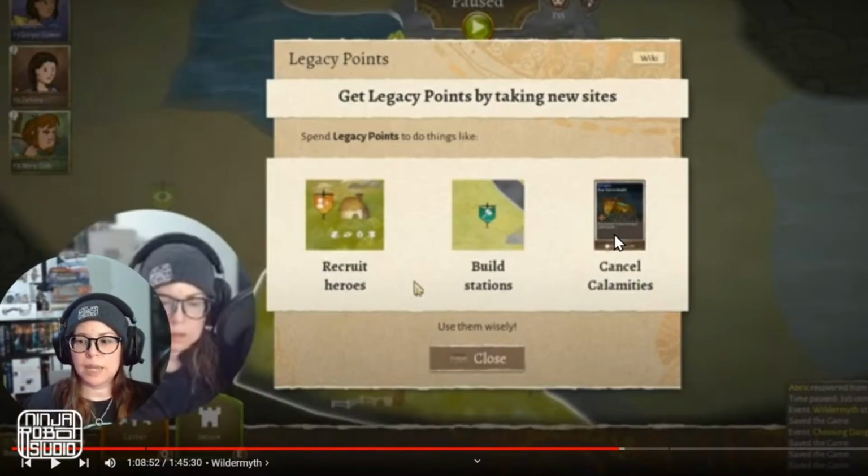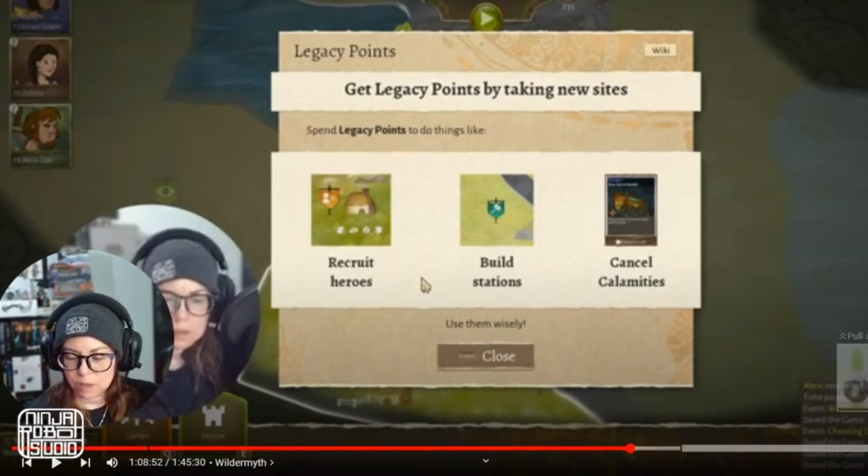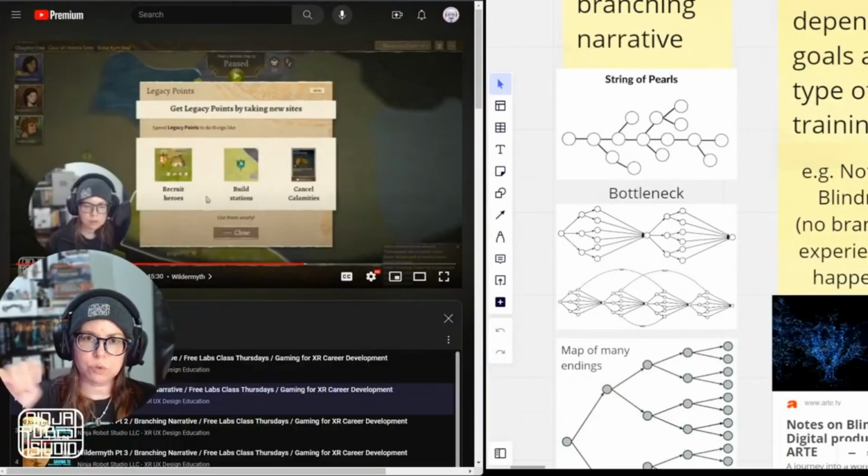Where you could have made it in time to save someone from doing something, or saved a town from being destroyed, now you've spent all your time building a station or something, and you can't stop this calamity from happening because now you've spent too much time doing this thing instead of going out and helping. Choices matter in that case. So in that way, it's a map of many endings. But within those individual storylines, it's more linear, kind of string of pearls in that sense.